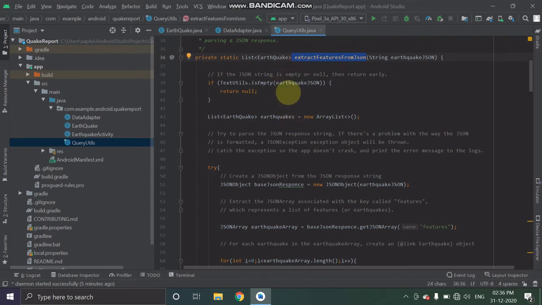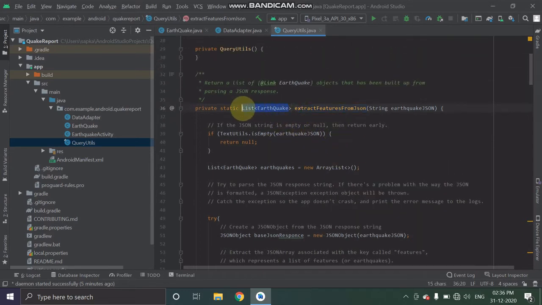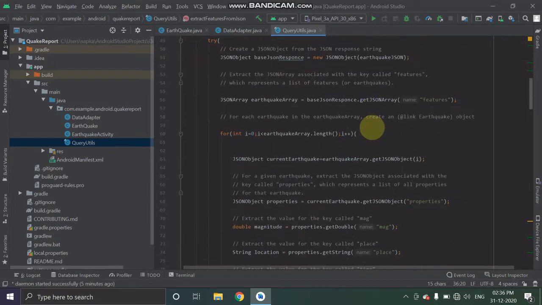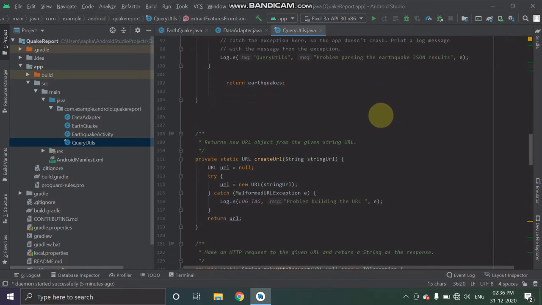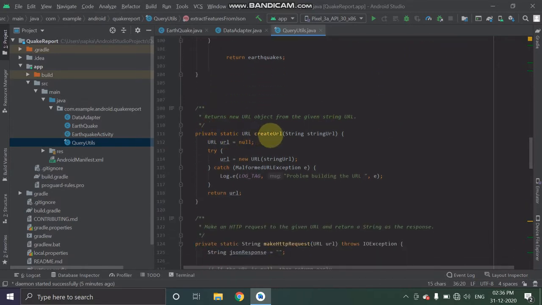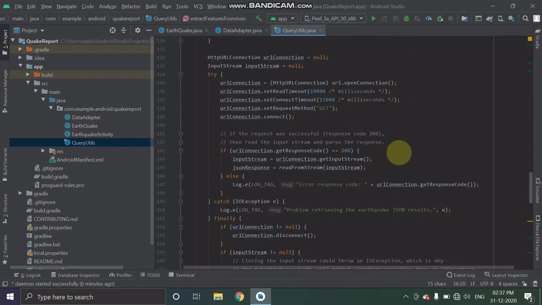This method will traverse through JSON responses and extract the earthquake information like magnitude, location, time, etc. and return the list of earthquake objects. And there are a few more methods, like create URL, which returns the URL object from the given string URL. This method is used for an HTTP request to the given URL to return a string response.